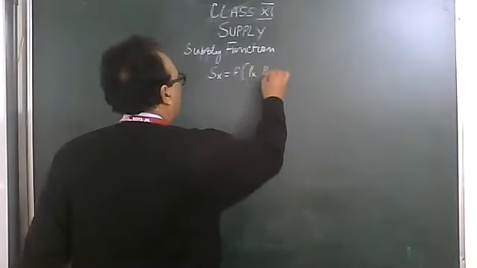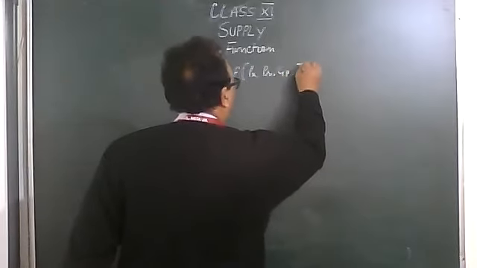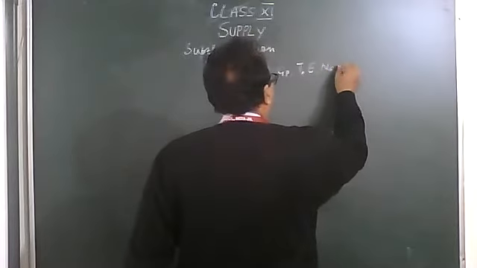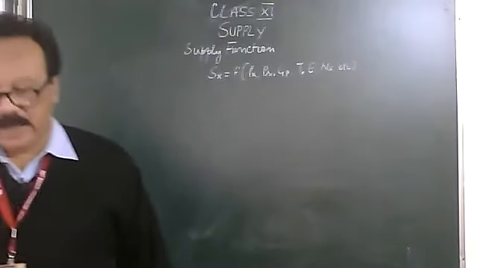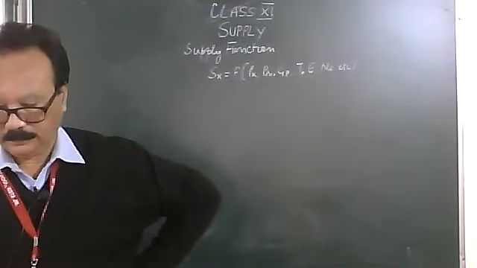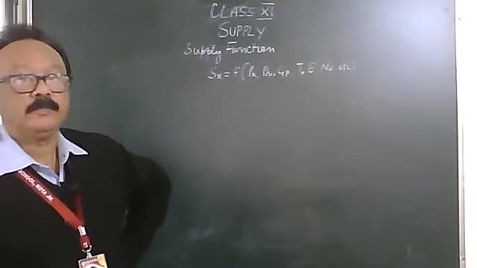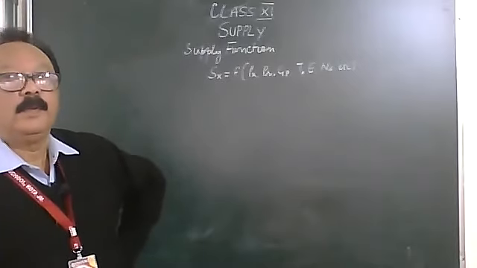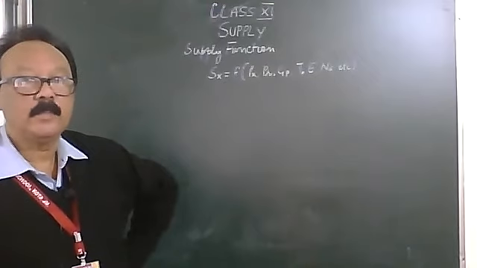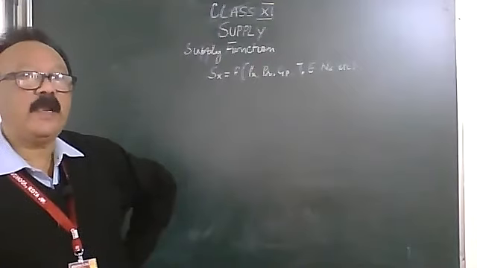Px, Pr, GP, T, E, Nf, etc. Where Px stands for price of the commodity X, Pr stands for price of related products, GP stands for government policy, T stands for state of technology,